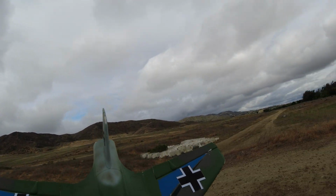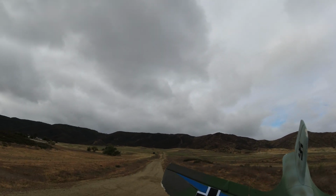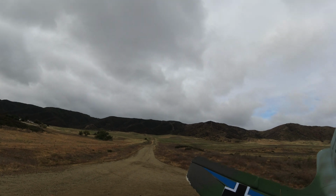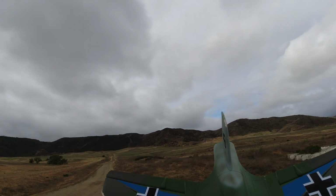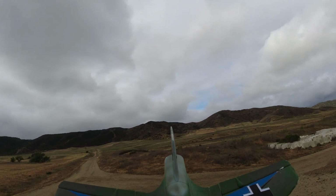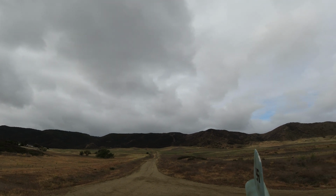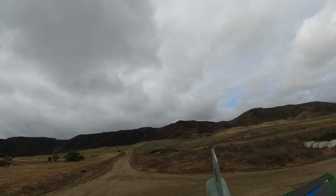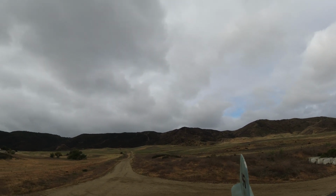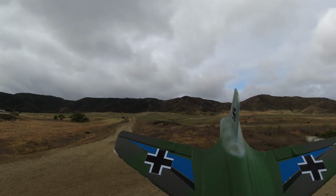Once you get it set up properly, which can be kind of a nightmare because it's super sensitive on the roll. The aileron I only have set up to like 40%. The initial flights can be terrifying because if it's out of trim a little bit, which this plane was, you're trying to correct it the whole time on your initial flight, trying to get it to fly straight. So if you can make it past the initial flight or two,